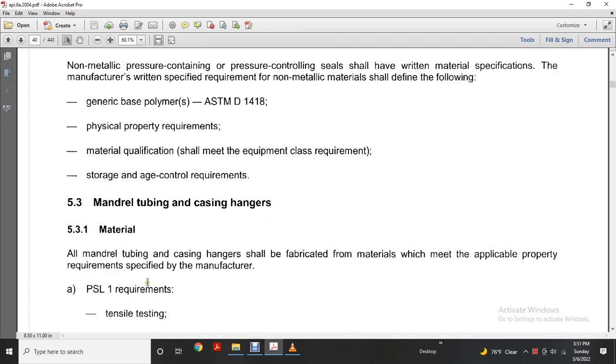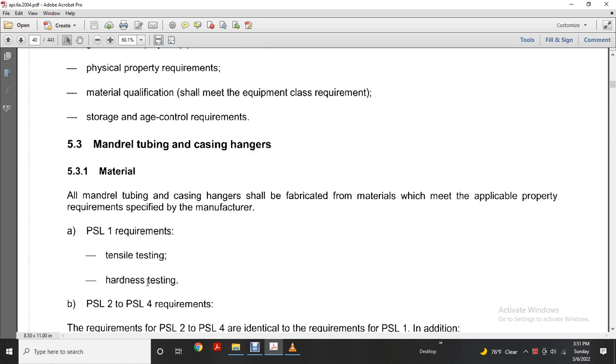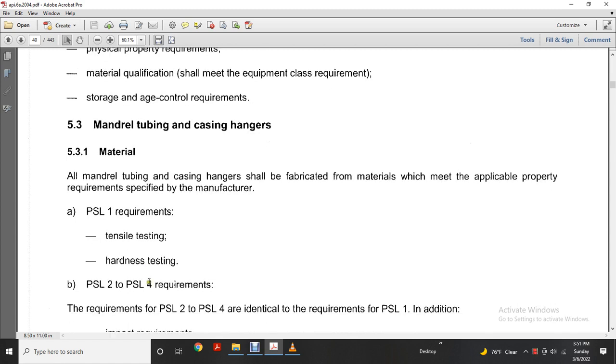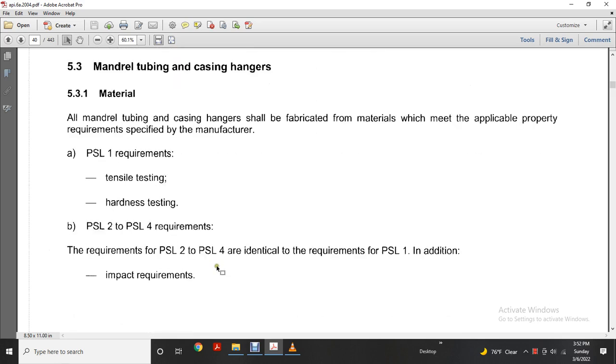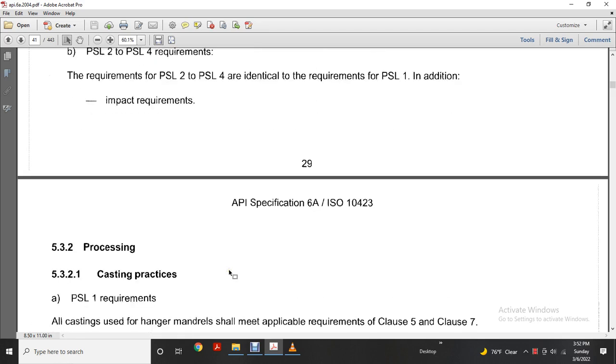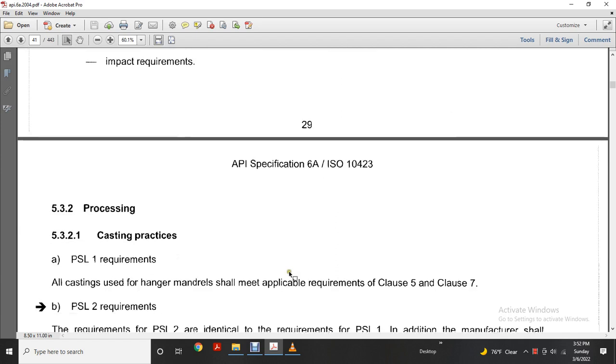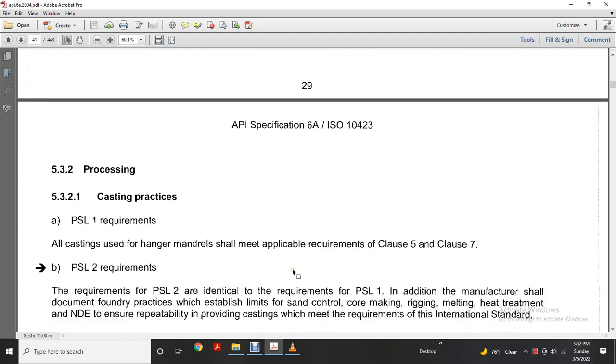Product specification level 1 requirement: tensile testing and hardness tests. Product specification level 2 to 4 requirements: product specification level 2 to 4 are identical with the requirements of product specification level 1, plus additional impact requirements. Processing, casting requirements. Product specification level 1 requirements: all castings, either the hanger or mandrel, shall meet the applicable requirements of clauses 5 and 7. Product specification level 2 requirements: product specification level 2 is identical to the requirements of product specification level 1,